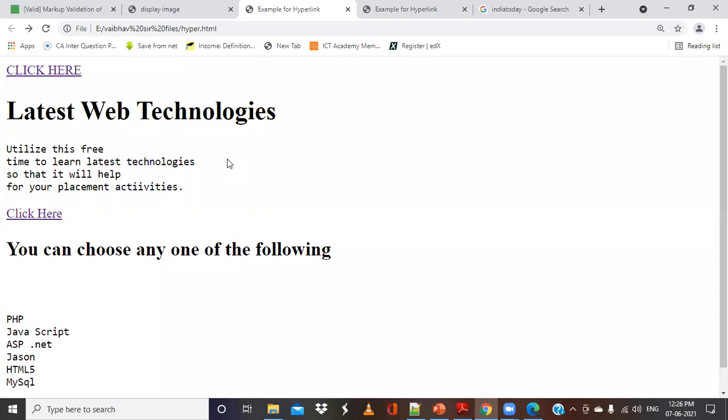Are we getting it? How to create the hyperlinks? This is why we use the web. We cannot always display the entire thing on one particular web page. We always want to give some extra information from another website, or from some other page or some other document. So we will be using these hyperlinks basically in our web applications.